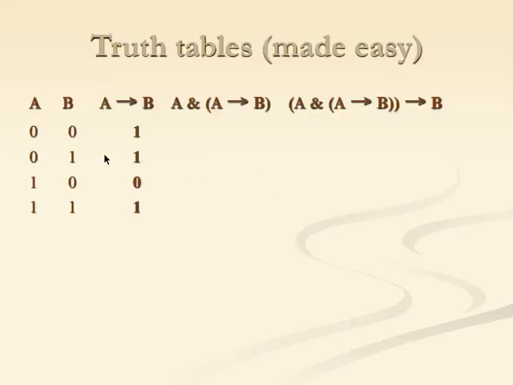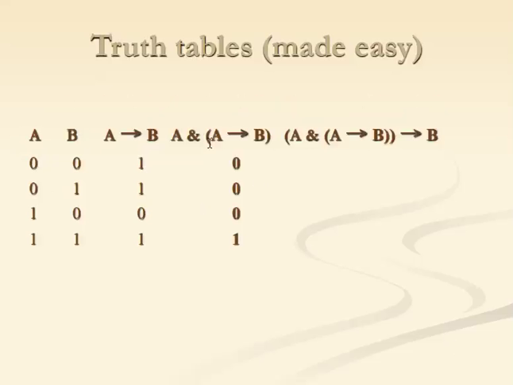You can see that we could not fill in any of the other ones first. At this stage, we cannot do the truth table for this one before we know the truth table for A implies B. So the first step is to find the truth table for A implies B, and we already talked about that. It generally comes out true, but there's just one case where it's false. That's when A is true and B is false.